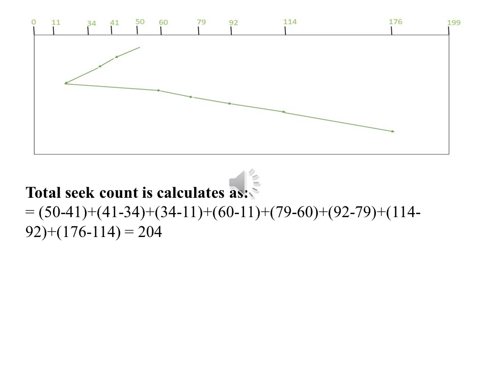Now this movement can be calculated by taking the difference from 50 to 41. This movement will be calculated on the basis of the displacement, by differentiating 50 and 41. This is the first movement, the first displacement of the head from its initial position 50 to the next position, that is 41. So the next position of the head now is 41.